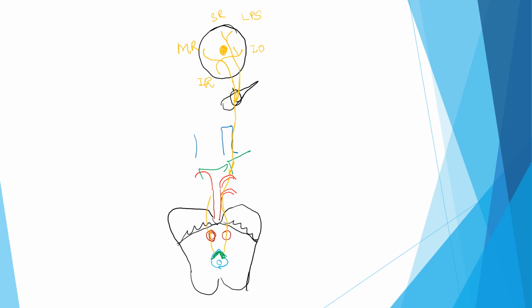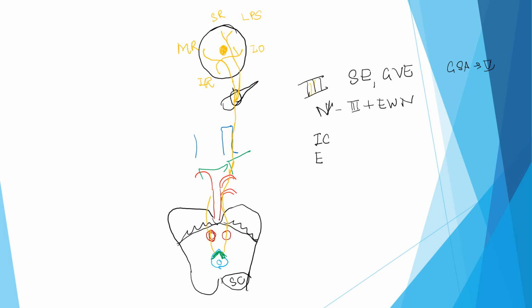So, the oculomotor nerve, third cranial nerve, is a purely motor nerve having somatic efferent and general visceral efferent fibers. The general somatic efferent will go via the fifth nerve. The course, that is from the nuclei of origin. In the nuclei there is an oculomotor nuclear complex plus there is the Edinger-Westphal nucleus. It is lying at the level of the midbrain at the level of the superior colliculus. The intracranial course and the extracranial course.